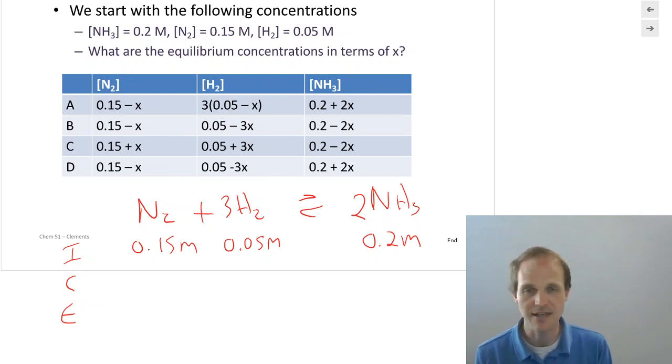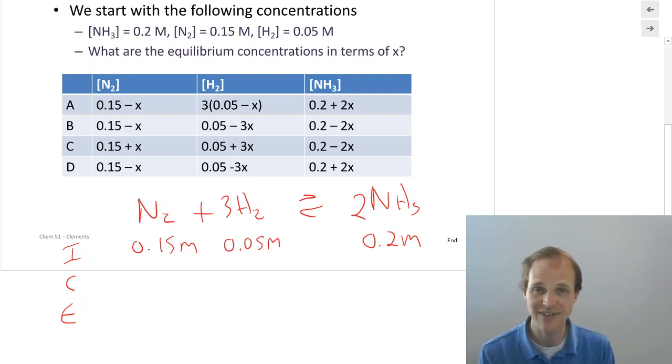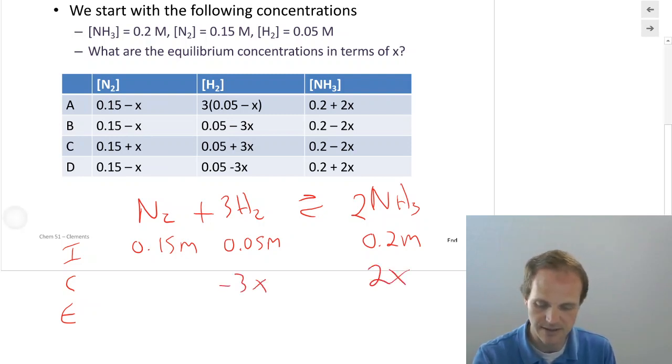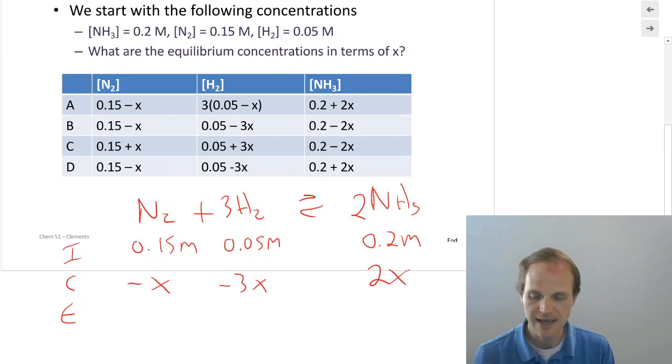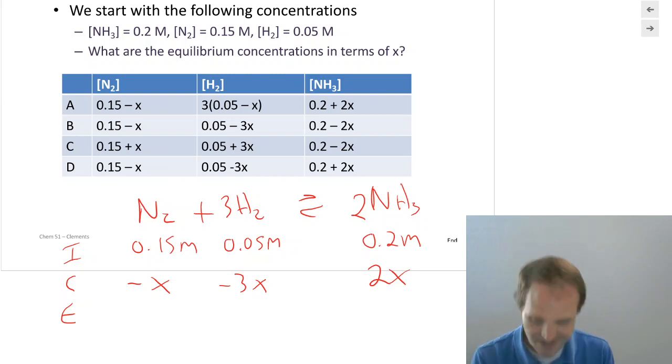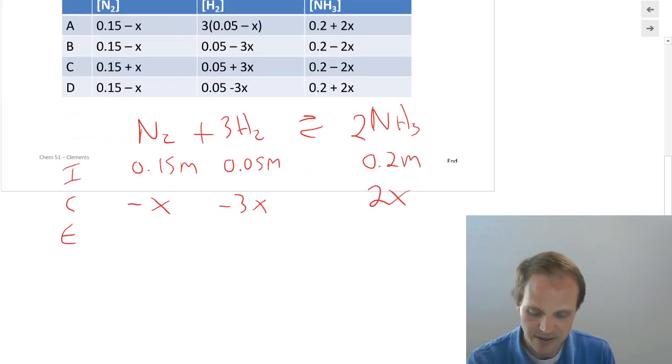So the question then is, which direction is this reaction going to go? We have both reactants and products. So am I going to get positive x on the right? That's what most people do by default. They'll say, if this is going to be a 2x, this is going to be a minus 3x, and this is going to be a minus x. But how would we know for sure which way this reaction is going to proceed? If only there was a way to calculate which direction a reaction would proceed. Wait, there is! Do you remember our good friend Q?